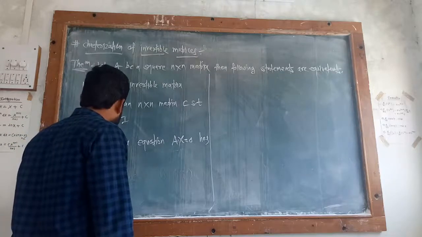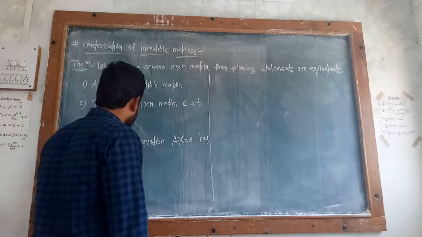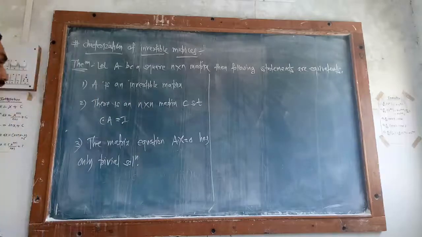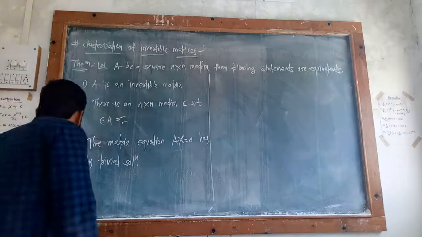What is your third statement? The matrix equation Ax equal to 0 has only trivial solution. Next statement, the fourth one: matrix A has